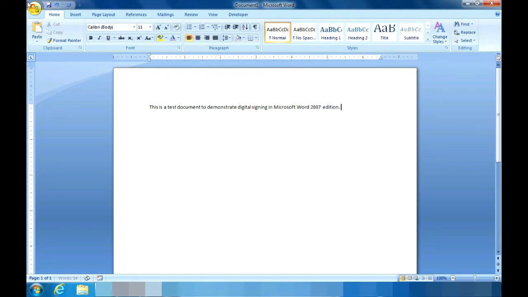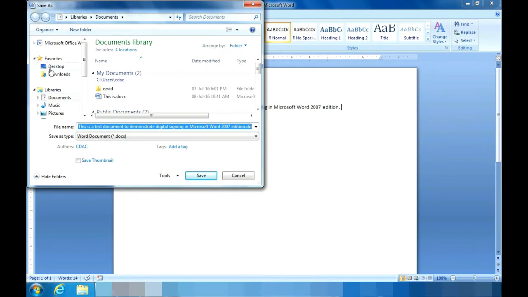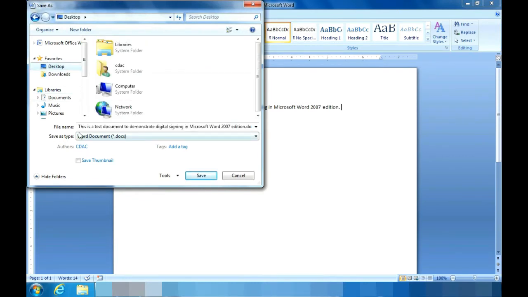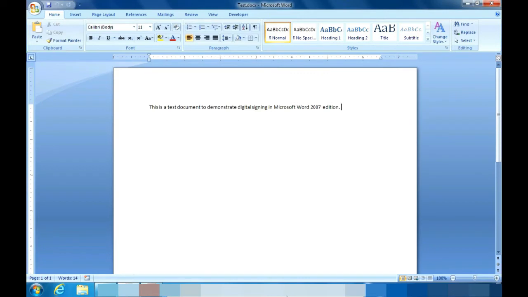And before digital signing, I need to save this document. So now we are ready to digitally sign our document.